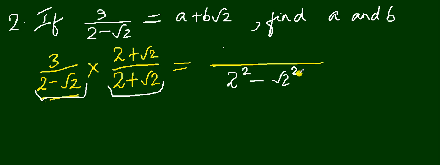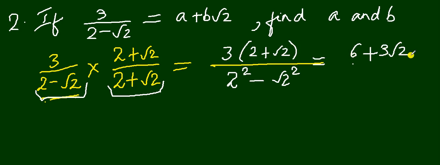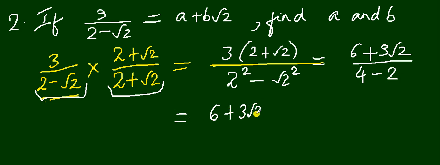And the numerator I will just have to multiply by expanding the terms. I'll get 6 plus 3 root 2 over 4 minus 2,